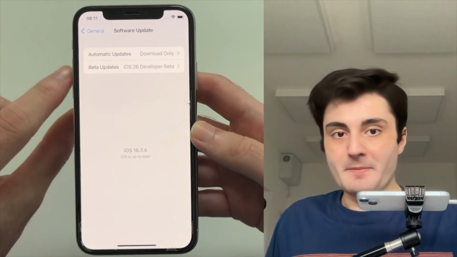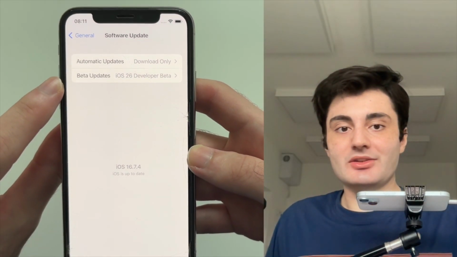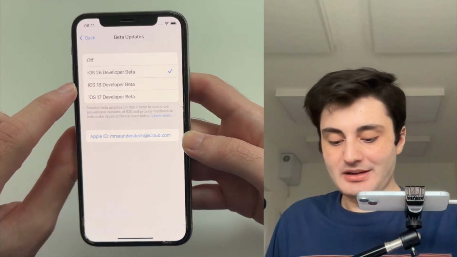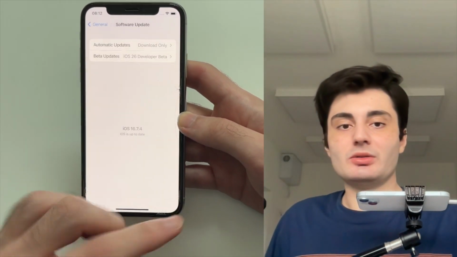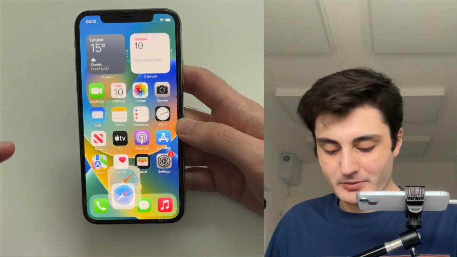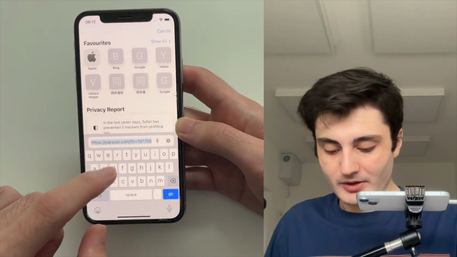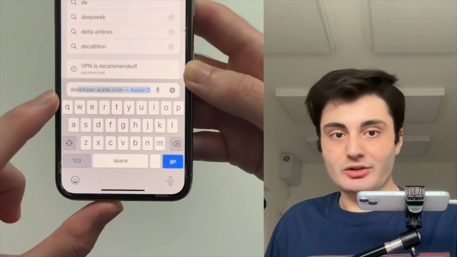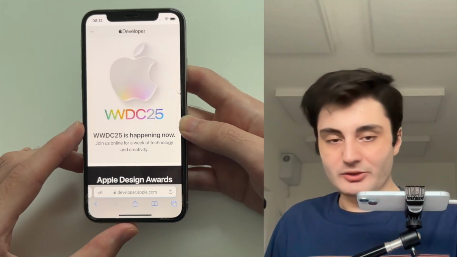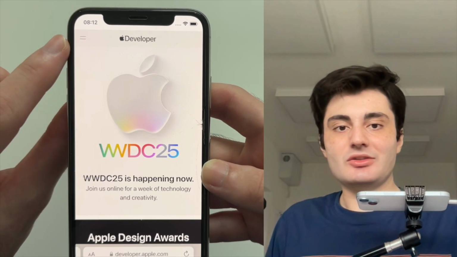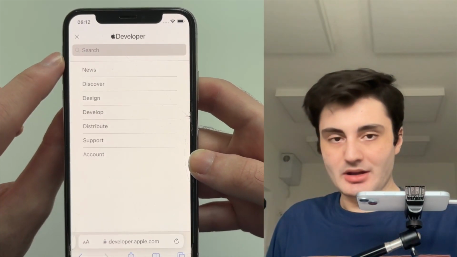So the first problem is you don't see the beta updates option, or if you tap into this, you don't see the iOS 26 developer beta. Now, fixing this is relatively simple. You're just going to open your Safari browser and head to developer.apple.com. Once on this website, you're going to tap the two lines at the top left and then you'll tap